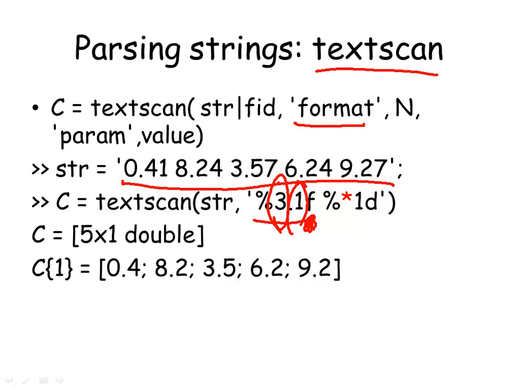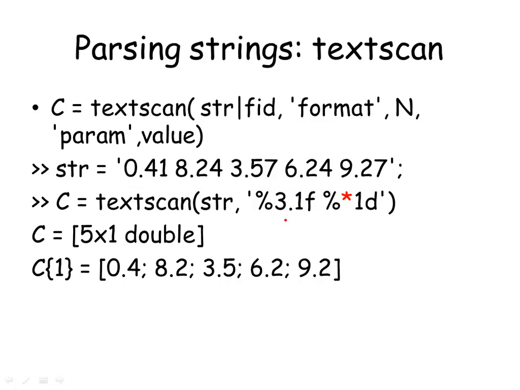All right? Following that, I'm going to match a single integer number. So %d stands for integer, a single one of them. And then star means ignore it. Do not return it as part of the output. All right? So we'll take this format string